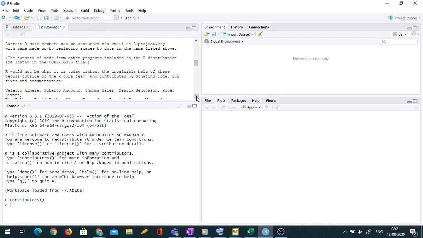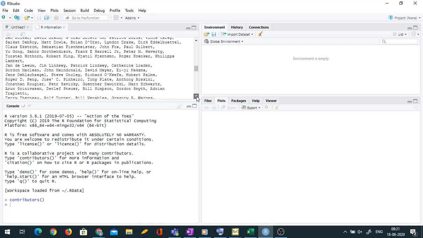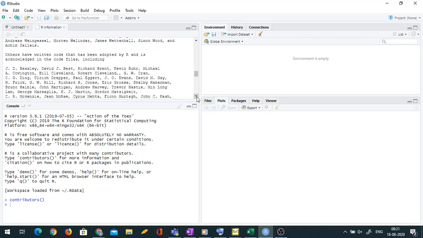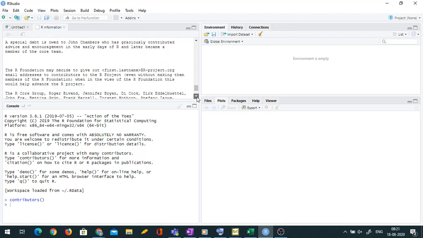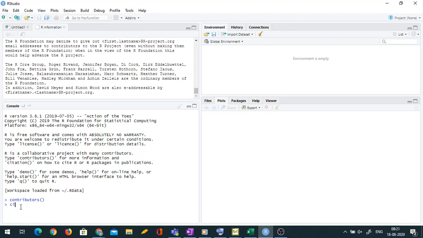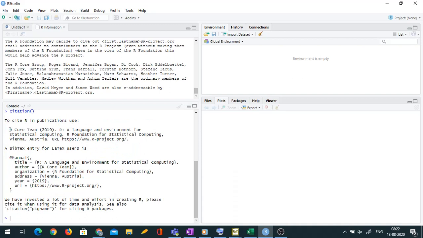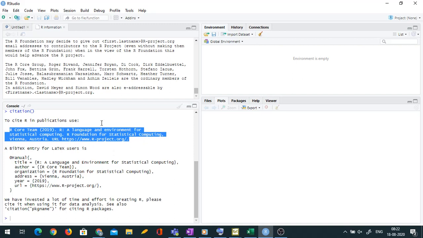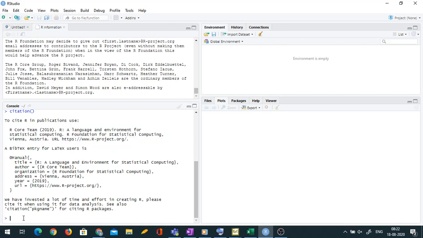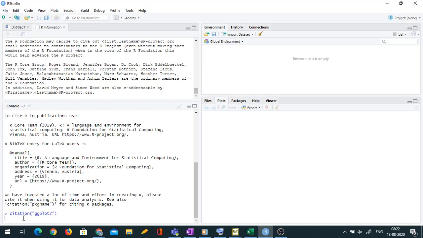Plus, every package has its own authors. So if you want to cite a particular package, you can get the details for that package. For example, I can say citation. When I just say citation, I get the citation for base R, that is the R core team. So this is how you should list it in the list of references. And when I give citation with some package name, let me try some package name, ggplot2.